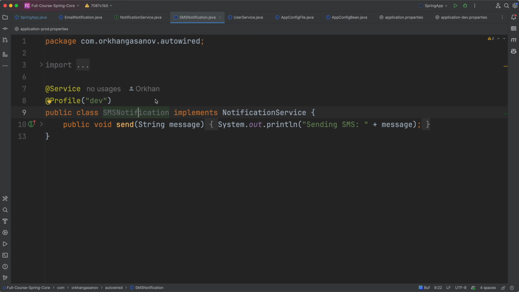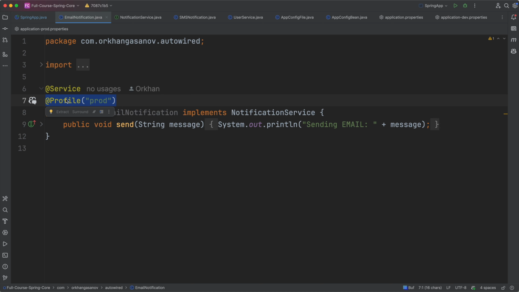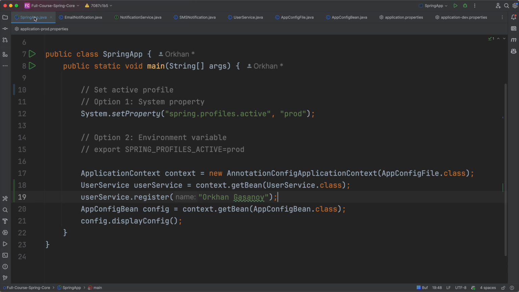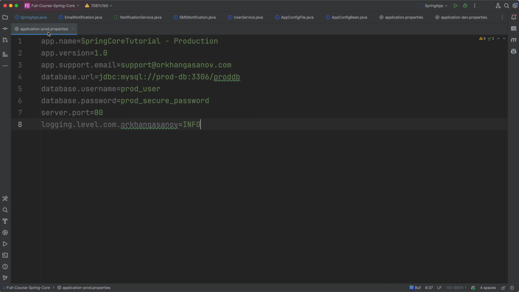We want the SMS notification implementation to be used for the dev environment, and the email notification to be used for the prod environment. For that, we are setting the profile, where we set prod for production and dev for dev. That's the first one. Another one is that earlier we have